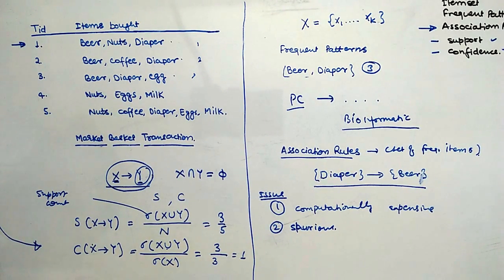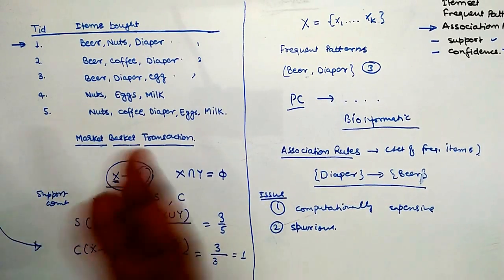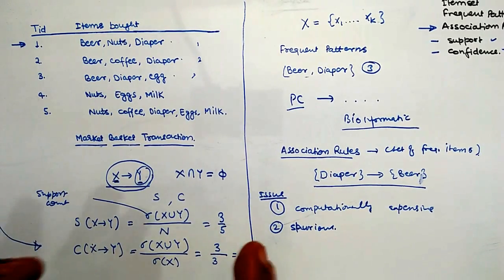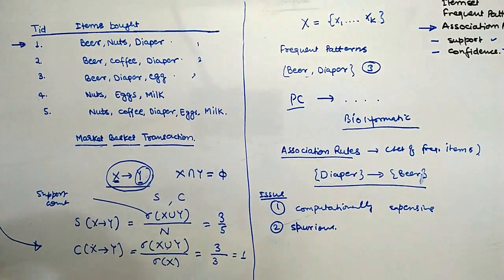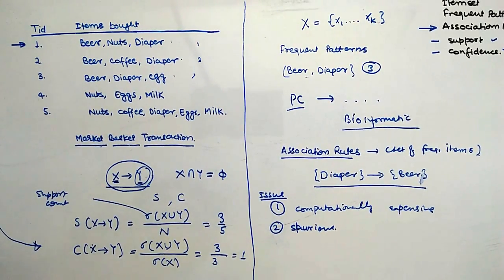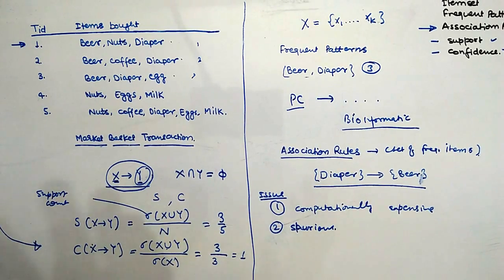So for association rule discovery or association rule mining, a transactional database is provided to you with some minimum support and minimum confidence. Now we have to derive some association rules from this transactional database based on the minimum support and confidence. Means our support and confidence must be greater than the minimum support and minimum confidence which are given.